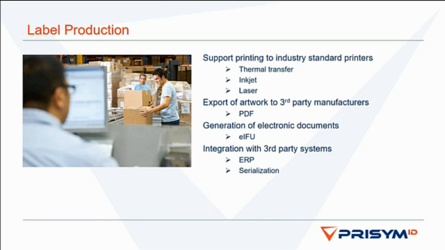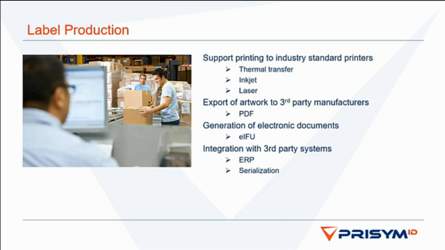It can be necessary to export the artwork for your instructions for use, to have third-party manufacturers take advantage of technologies that you do not have in-house. You may choose to bring the IFU printing in-house so that they can be printed at the point of manufacturing, so you're not having to manage large and varied quantities of stock. This also reduces the risk of including the wrong IFU with a product.